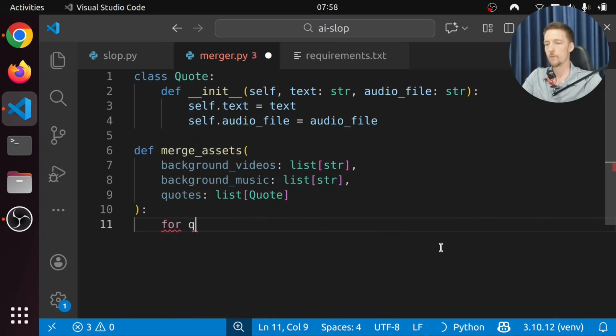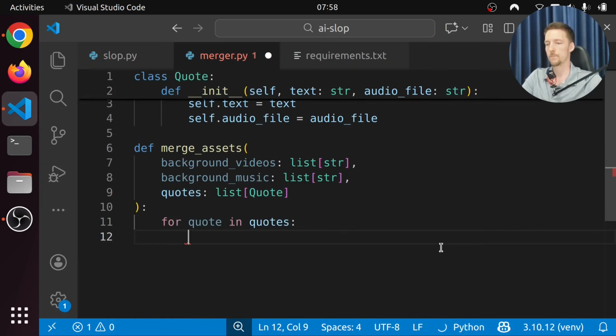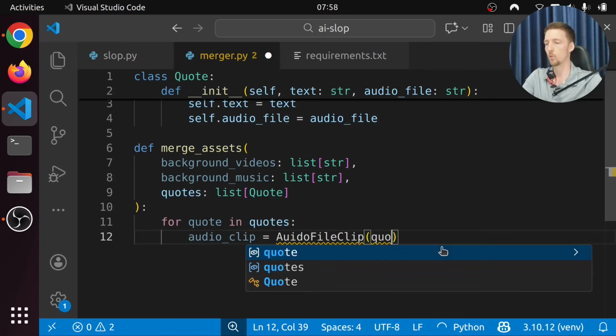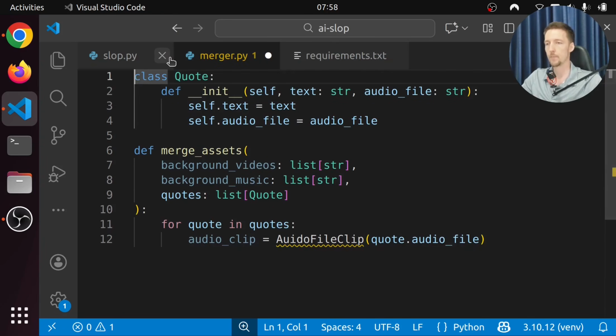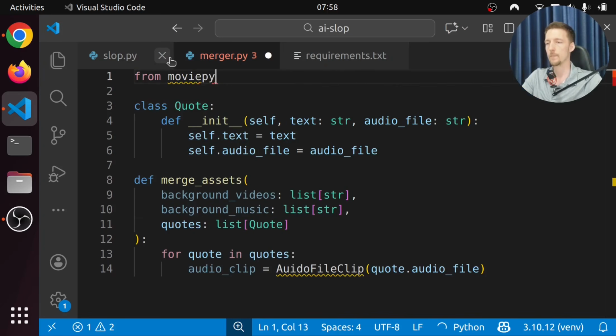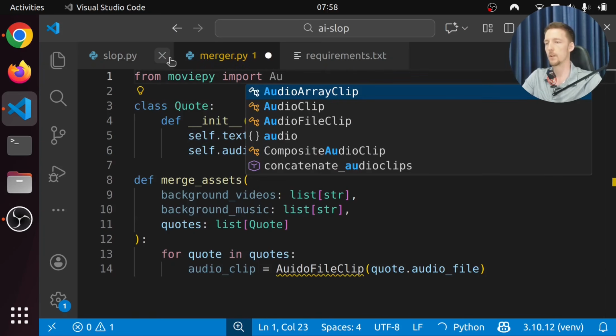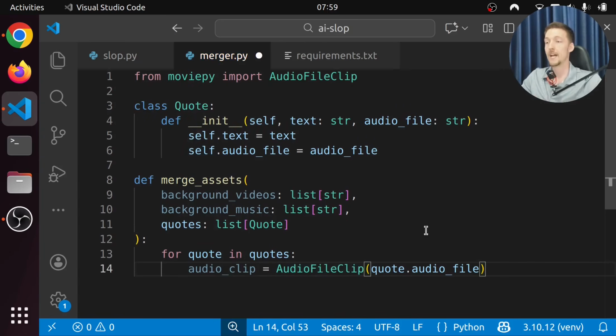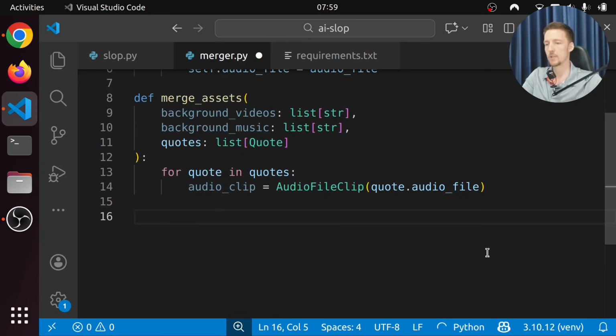And let's do for quote in quotes, the audio clip is going to be an AudioFileClip from the quote audio file. For this, we have to import AudioFileClip from MoviePy. And the way we can put audio files together with MoviePy is we can use a CompositeAudioClip.